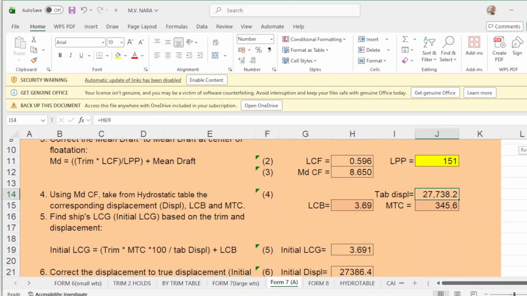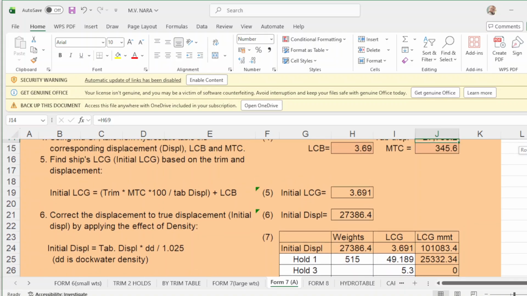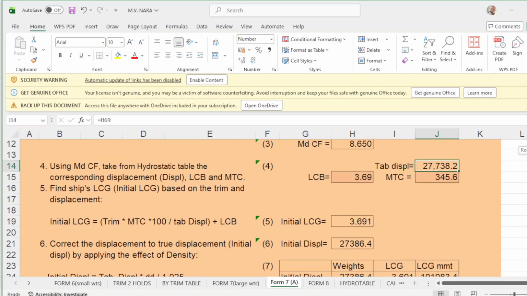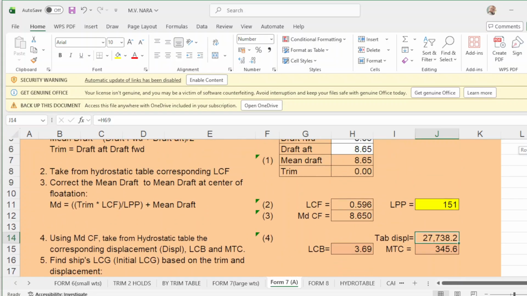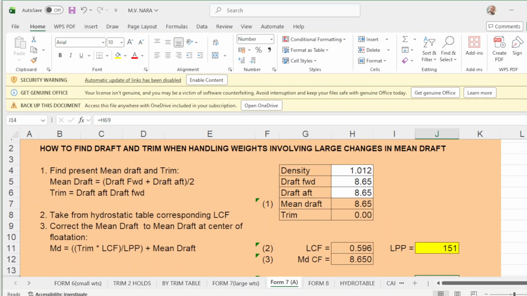Okay? 2738. Okay? This is your, with 9 meters, let's say 9 meters, for example, this is 9 meters, and this is, I'm sorry, 9 meters, put here 9 meters, your displacement should be